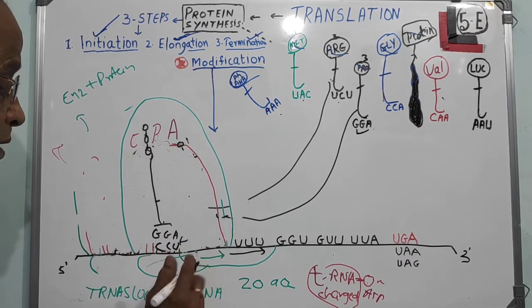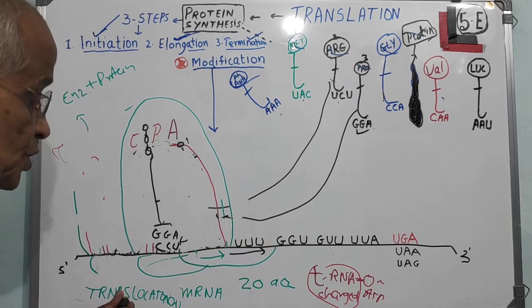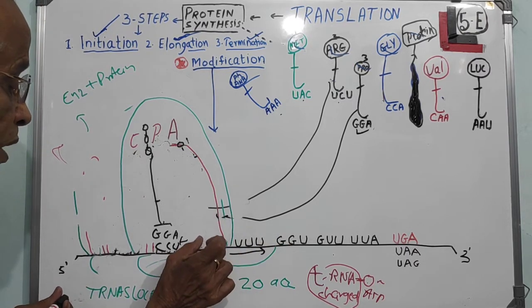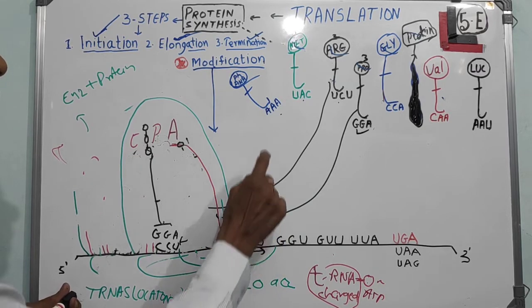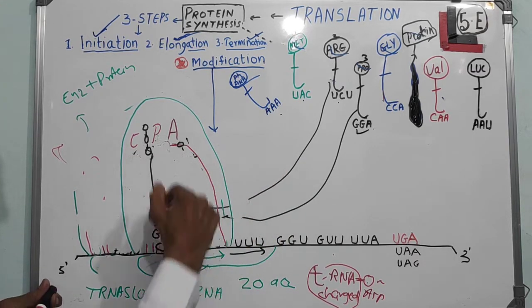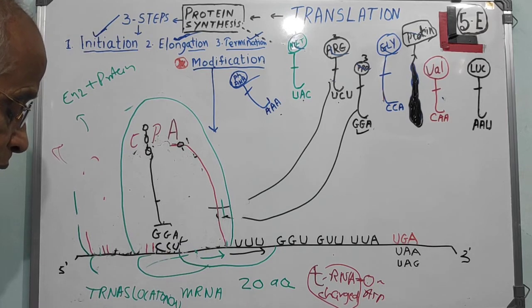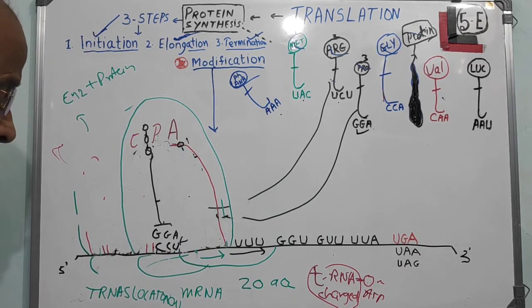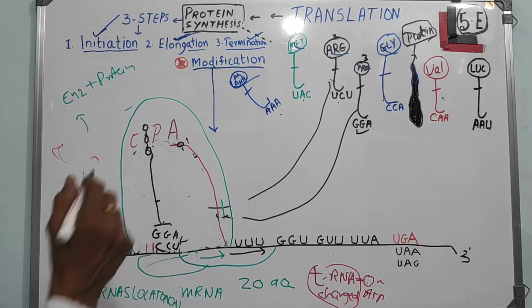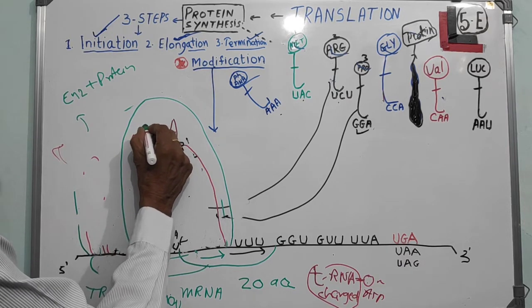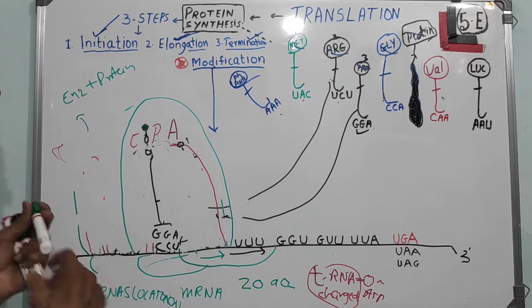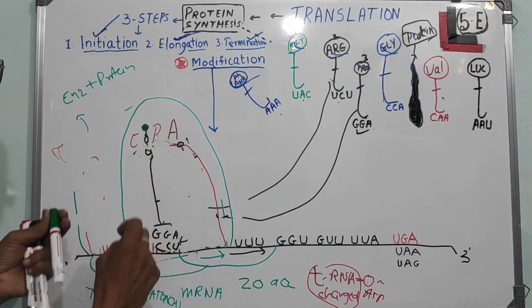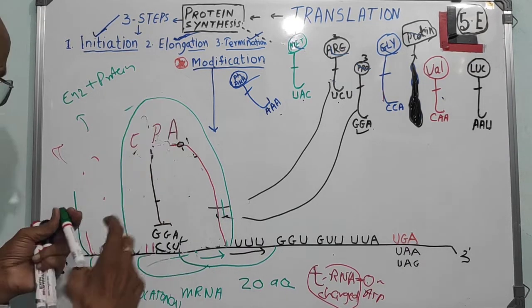Now again the movement goes on. As this moves, this becomes the place for this U, you get A, and then like that. It keeps on going. As it keeps on going, I only mark the first one here, like that. As it goes on and on and on, we ultimately get a long chain. I will remove this, and then we will write here